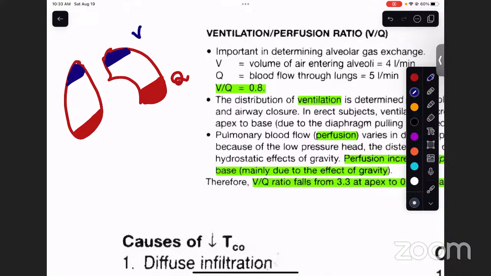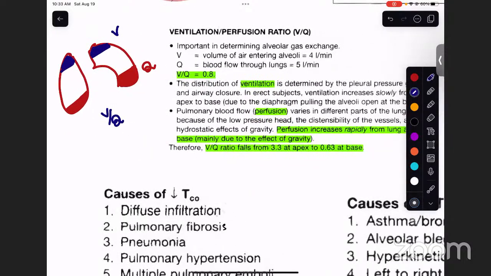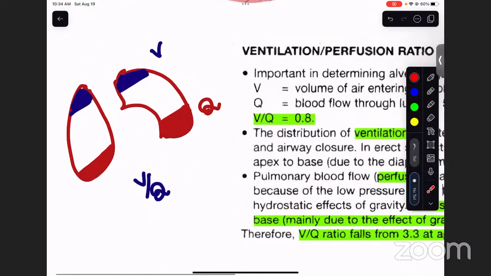So if we ratio this value, we get normal values like a V/Q ratio from 0.3 at the apex to 0.63 at the base. Why? Here you can see